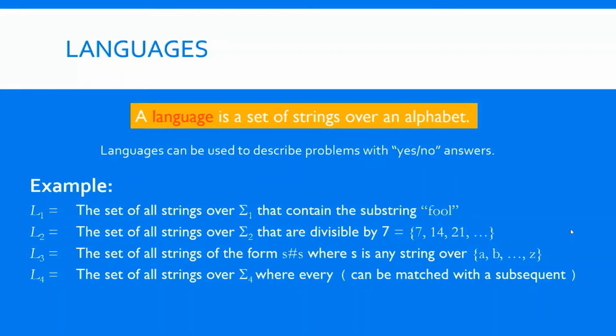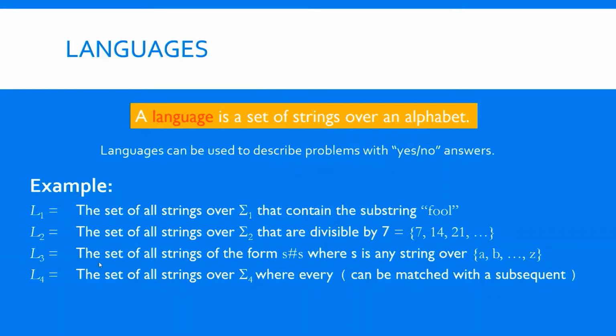The question can be: design a DFA which will accept these strings. So 21 is a string, or 12345. If that is divisible by 7, then it belongs to this language. So you have to design a DFA which will accept all those strings which are divisible by 7. This can be one problem. So we are only discussing here the languages, the definition of languages, and some examples. Next we will go for finite automata, deterministic finite automata, by which we can solve this type of problems.